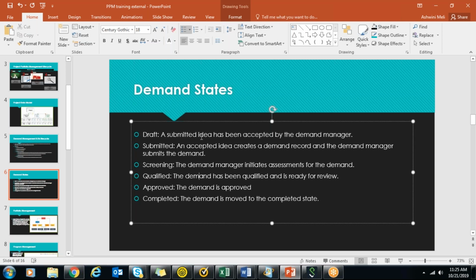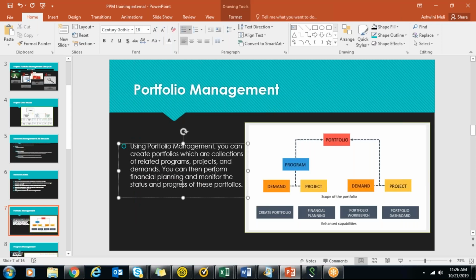The accepted idea creates a demand record and the demand manager submits the demand. There will be screening, where the demand manager can initiate assessments for the demand, qualify the demand, approve the demand, and complete the demand. So this is the whole portfolio management model that is there.